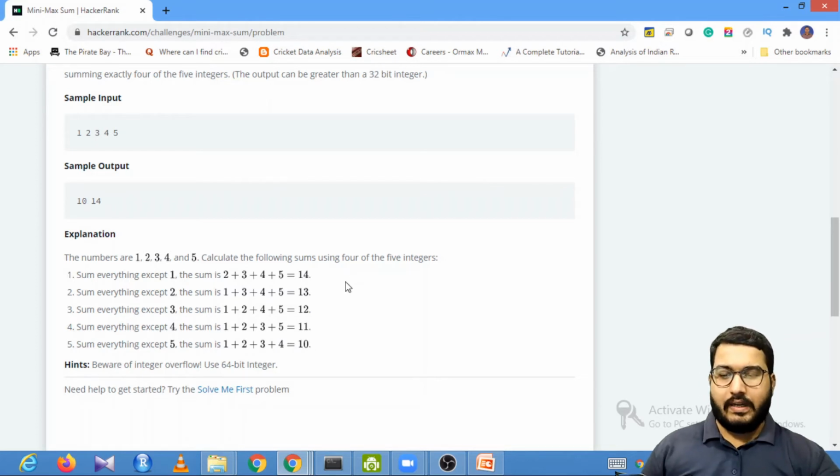Now we can do this by writing a for loop. We can write a for loop that can take the combination of four elements from a list and then add it, and that addition we can save in a list, and then once we have that list, we can find out the minimum and the maximum number from that list, which we can return as the output. But that is a very hard approach to follow, and it is also not an optimized way to solve this problem. Now let's first of all try to understand the most optimized way of solving this problem.